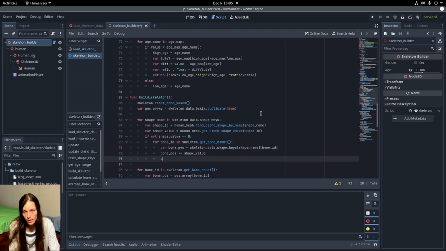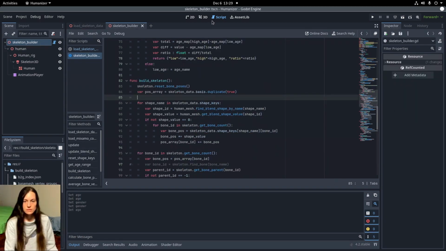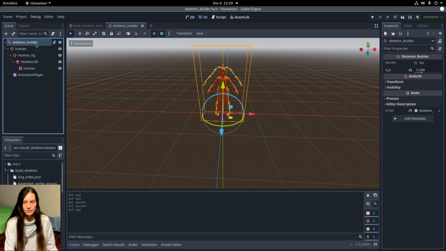And then I'll add the new bone position to the position array and save. So now if I update the values,